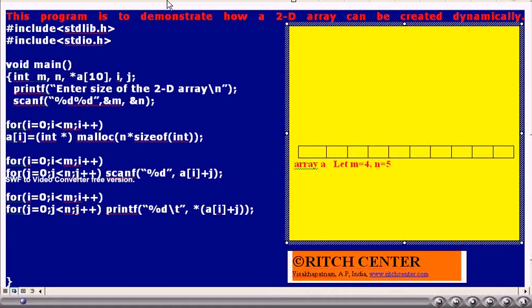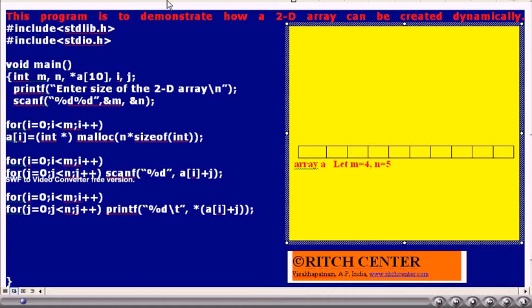Thus, here in this program, first we declare a one-dimensional integer pointer array. That is, in that pointer array, we can store addresses. And then we create the 2D integer array by repeatedly calling malloc, allocating memory for each row.